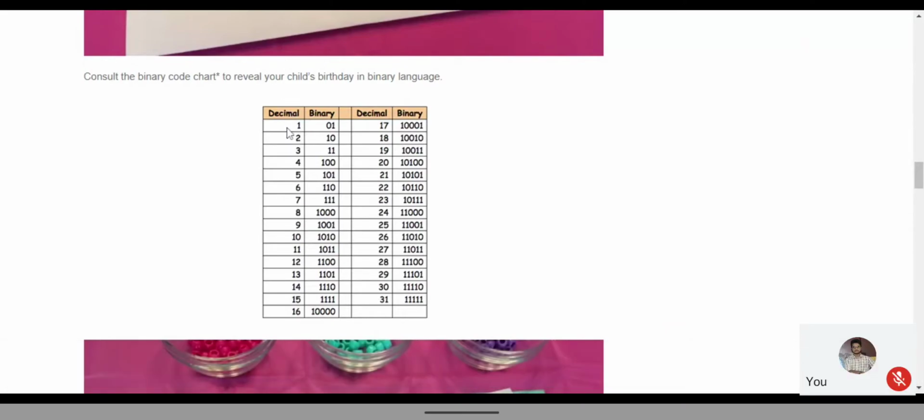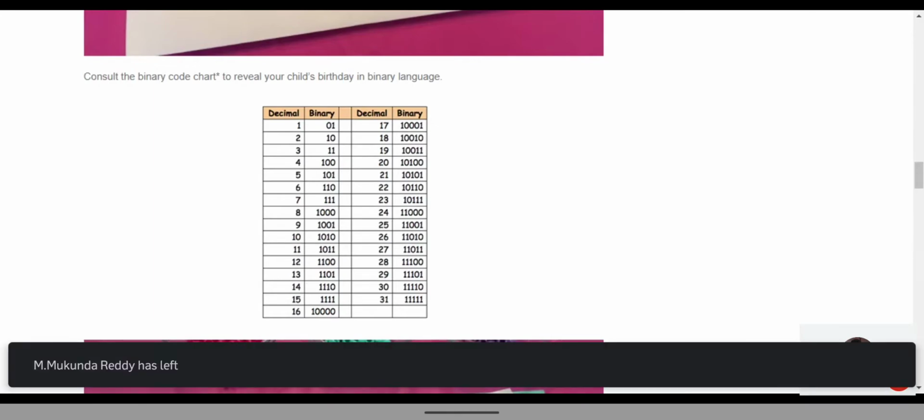See the decimal, the numbers we are going to do, those are decimal numbers. What the system can understand is binary numbers. Decimal numbers are whatever we learn: 1, 2, 3, 4, 5, 6. What a system can understand is called binary.